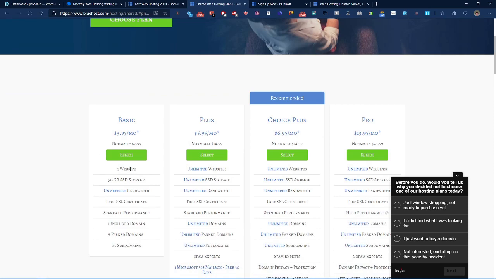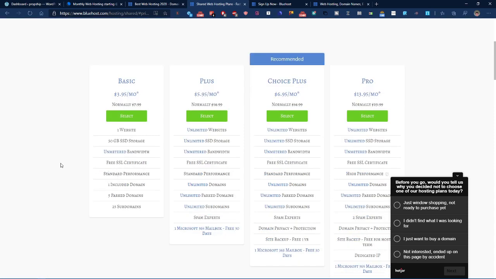Basic includes one website, but you get 50 gigabytes of storage, which is the most of any of the plans and hosting platforms I've given you. None of them give you 50 gigabytes for the basic, except Bluehost, which is giving them a huge advantage. Bandwidth is unmetered, again, free SSL certification, standard performance, included domain, and 5 additional parked domains and subdomains are included